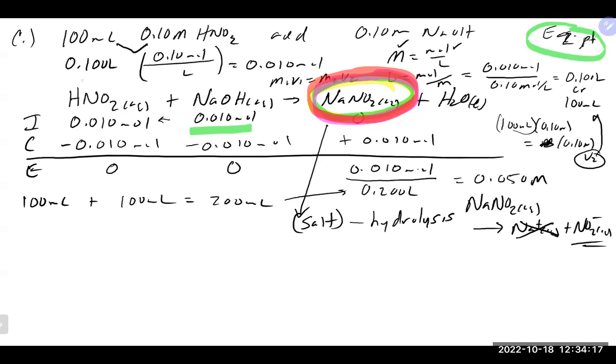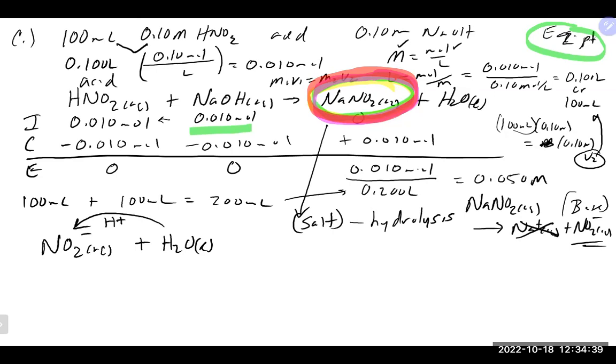And as was mentioned, since it comes from an acid, it will act as a base when it goes through that reaction. So we will have a second ice table here, which is this part of the salt reacting with the water. And once again, because it's going to act as a base, it will accept the H plus coming over. The result of that is we will get back our weak acid it came from, and we will produce hydroxide here,